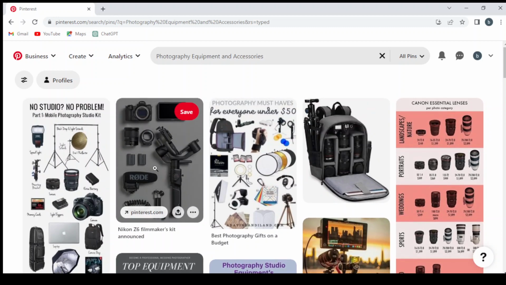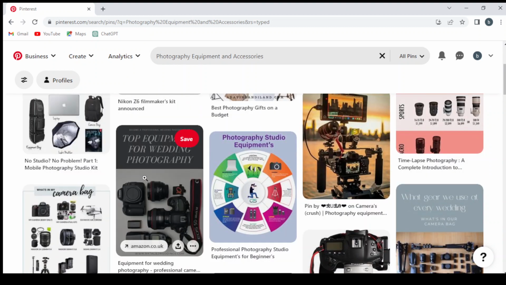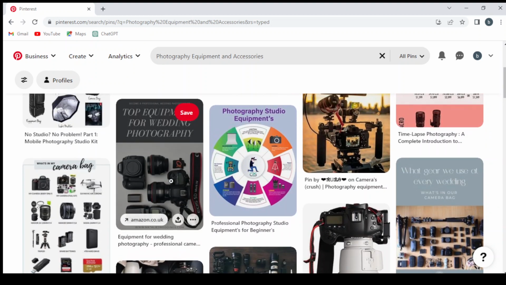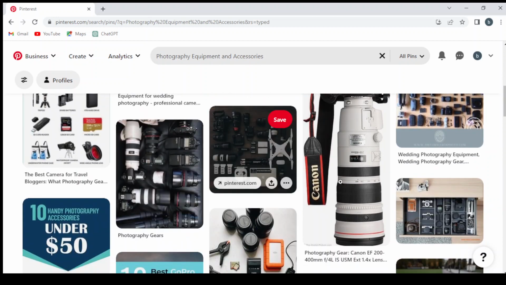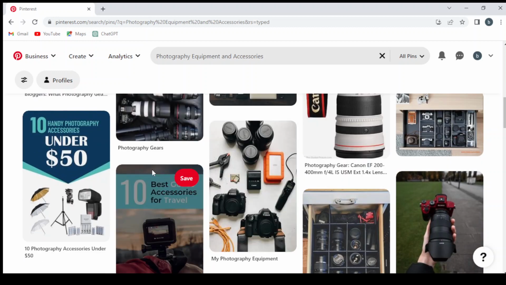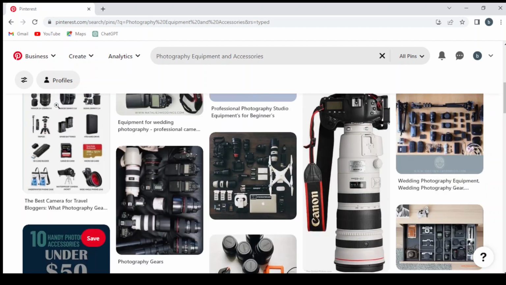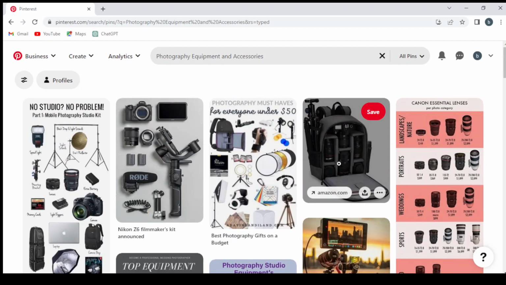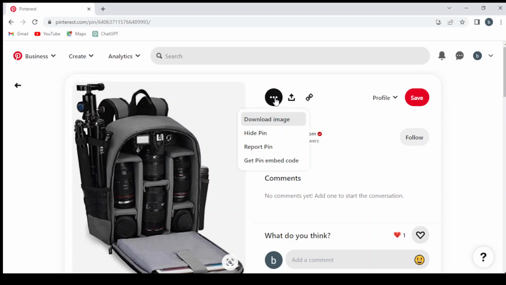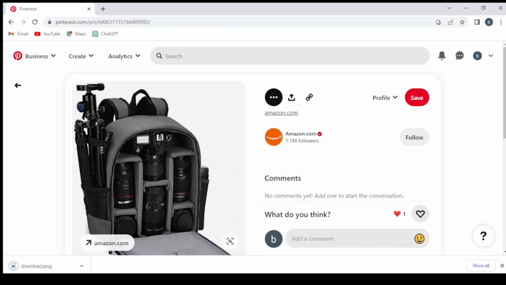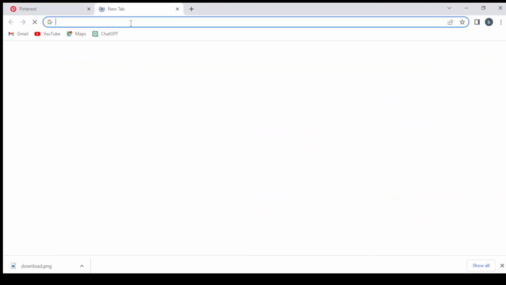You can search to see if you can find anything else like this one. Also, it's from Amazon.com. Let's see. You just look to find a product. So this is just an example, guys. You can always be creative, make a video, or if you can't make a video, you can just take the video from TikTok and re-upload it on your Pinterest. So I'm just going to download this image and I'm going to go to